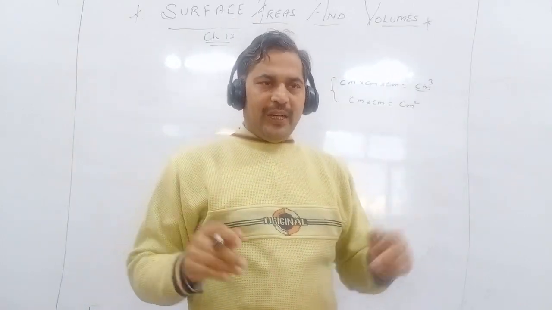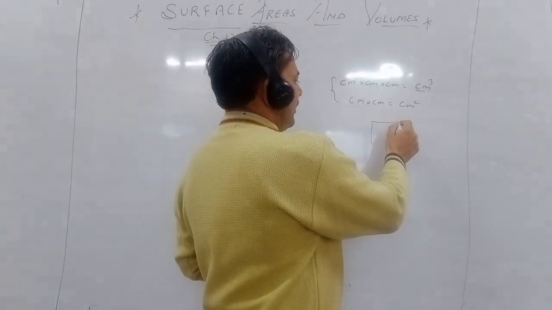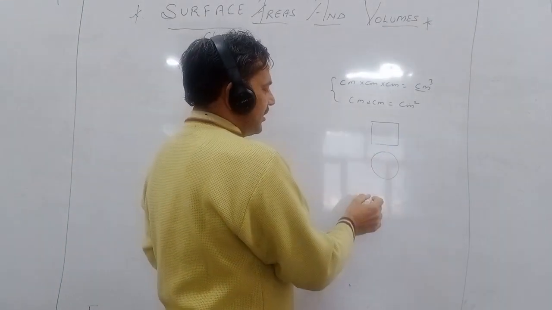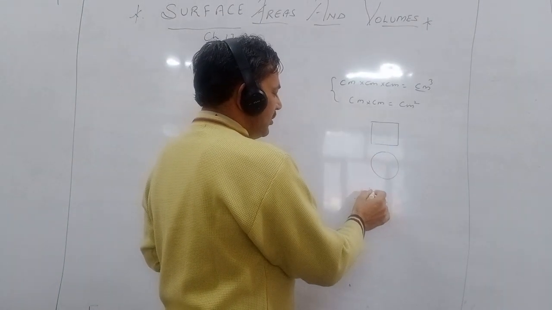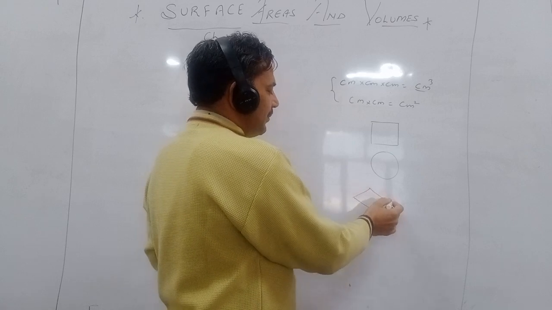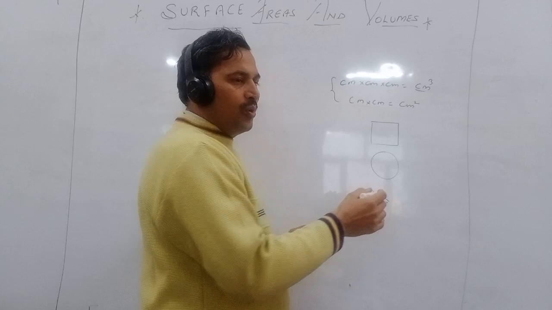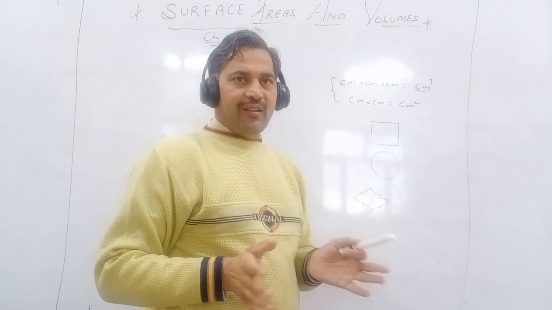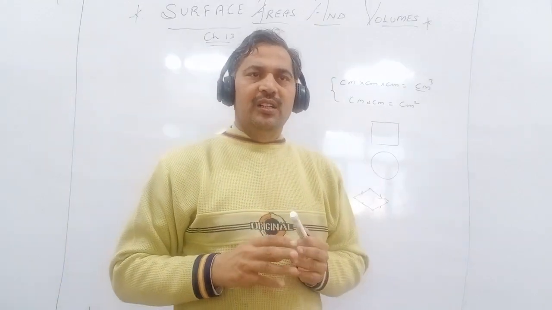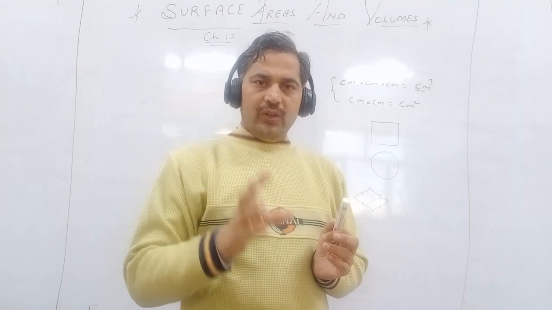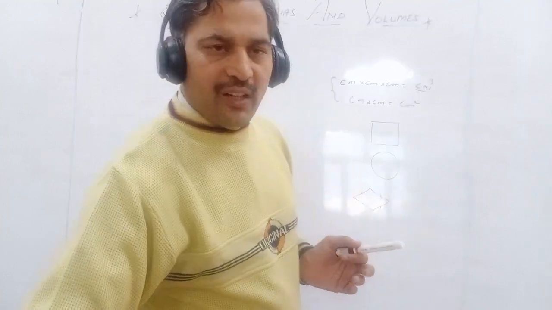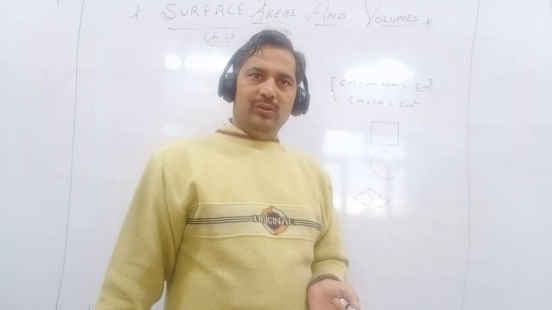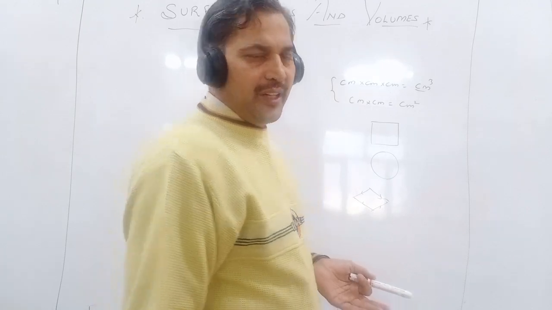Okay, and perimeter. Perimeter means boundary. Any 2D figures are these: this is a square, this is a circle, this is a rhombus. How to find their perimeter? Perimeter means the sum of all sides, the boundary length. That is known as the perimeter. So first put in your mind the difference between area, volume, and perimeter. Perimeter is always in the same unit, meter, then it is meter. Area has two units multiplied, length into breadth.